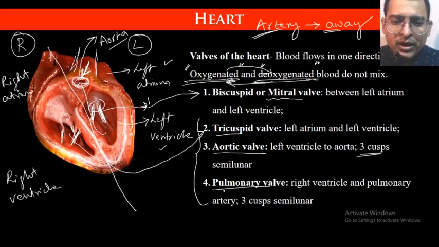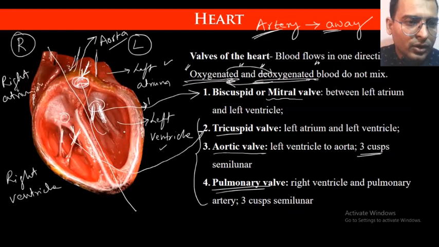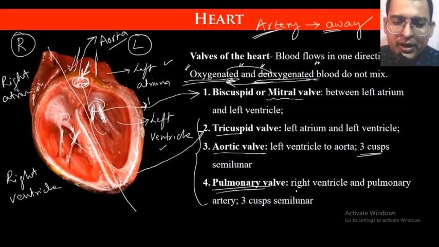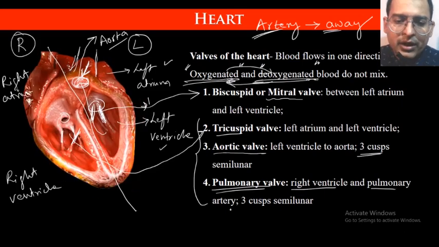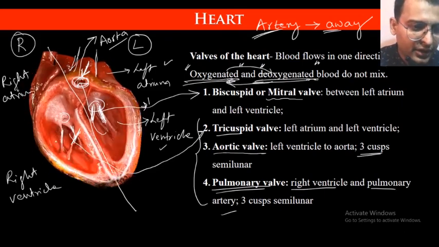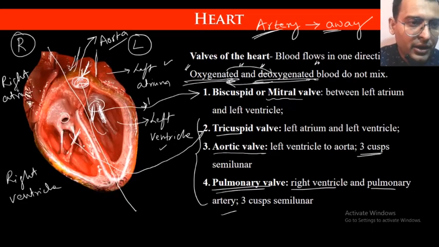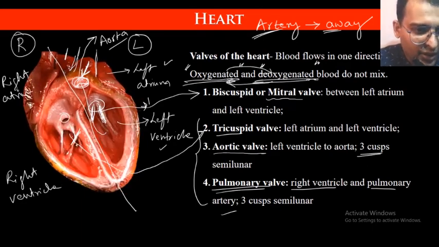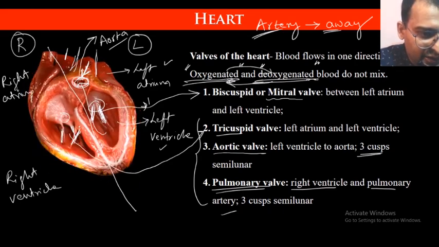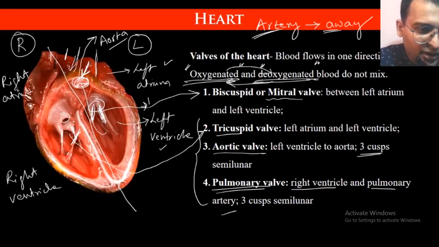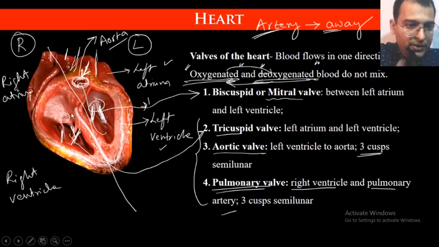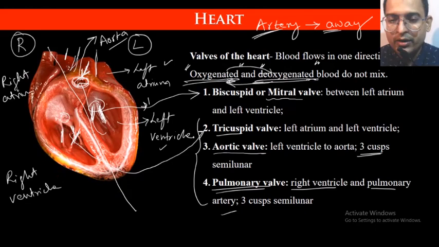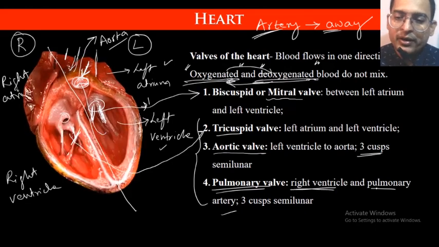Then comes the pulmonary valve. The pulmonary valve is connecting the right ventricle and the pulmonary artery. This is the right ventricle, and here is the pulmonary artery. It is coming behind here inside. Because we are only looking at a single plane, we cannot see what is on the backside. The backside, this one is going. So that is the right ventricle and the pulmonary artery.